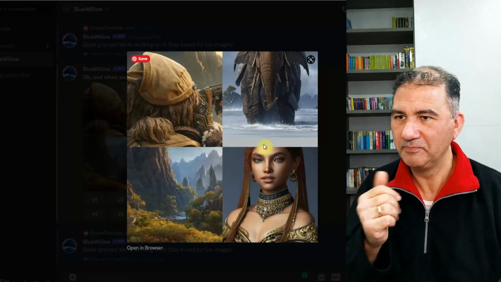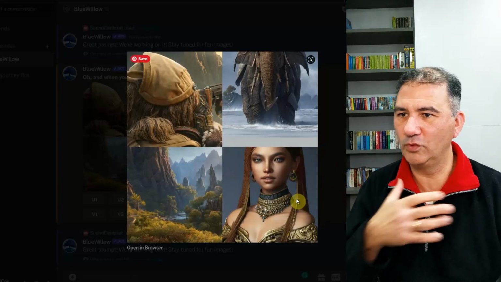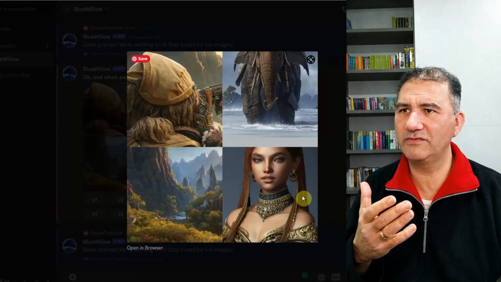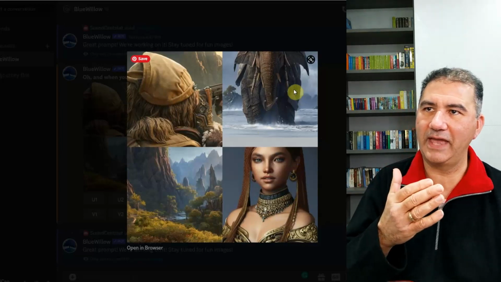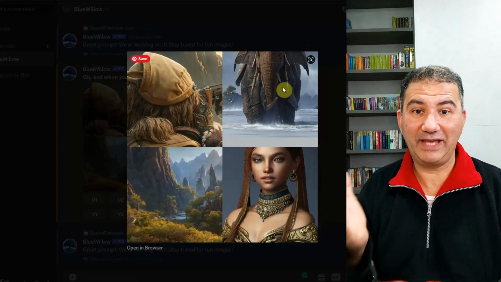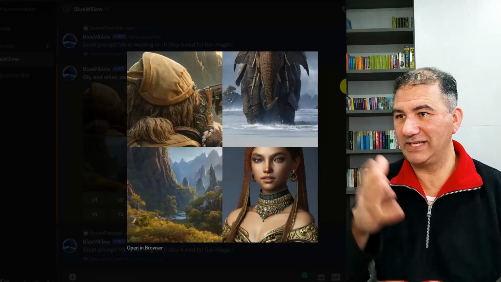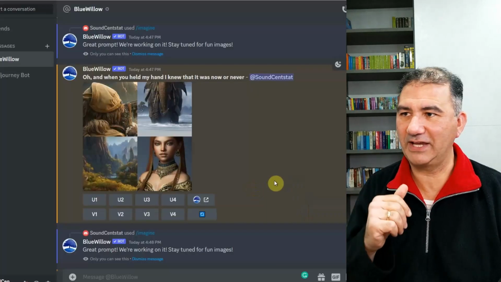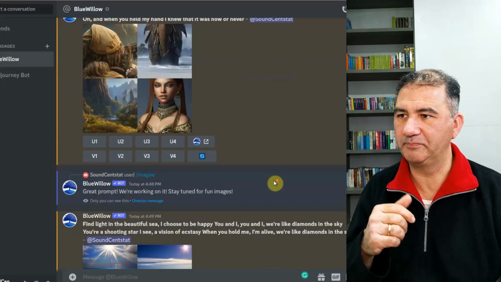This is obviously a picture of a very beautiful woman adorned with a very intricate necklace or whatnot. And then this obviously looks to be the head cut off of a mammoth. Again, it all depends on how the AI bot interprets them. So obviously, out of these 4, number 3 is probably the one that I would keep. In fact, I actually upscaled it to keep.